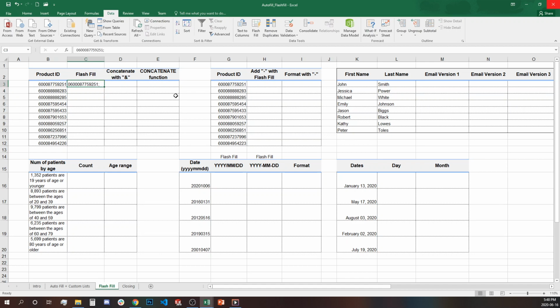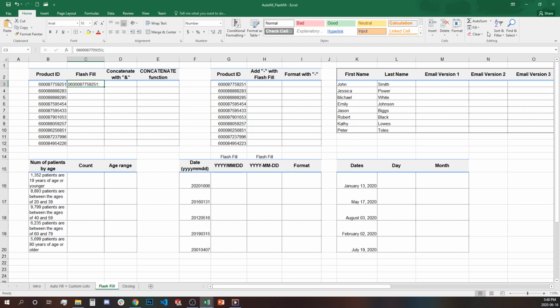So where can you find Flash Fill? Flash Fill can be found on the Data tab next to Text to Columns. There's this icon, and there is another way. When you go to the Home tab at the very end, in the Editing group, you have a Fill drop down. At the very bottom we have Flash Fill. There is also a key shortcut, Control E, that we can just use right now. And that's quick and easy. We get the result. So Excel finds the pattern, it adds the 0 and the semicolon to each of the